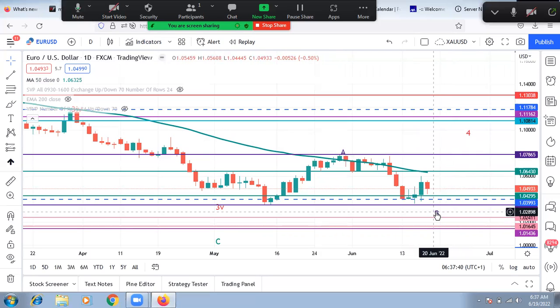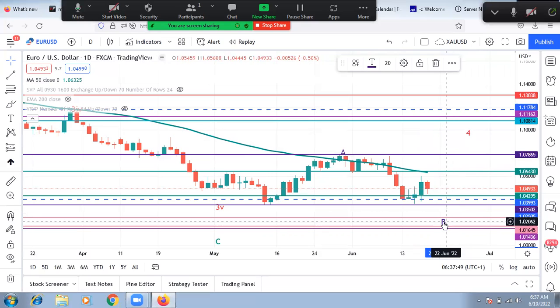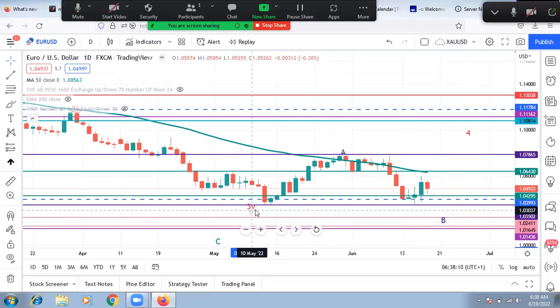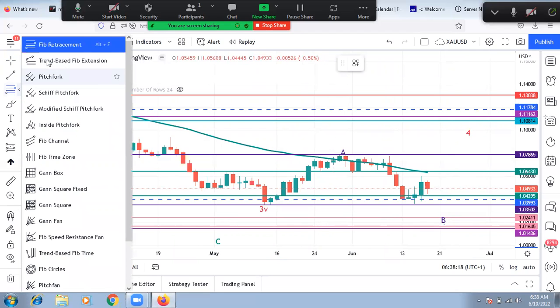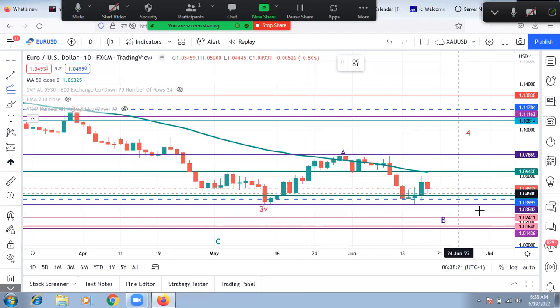And when that happens, something will change. Once that happens, where the C leg will get to, for me, will start from here, either from here or from here. But let's consider this place as a new level of 3.5, because this will now be a new level of 3.5 and not this level anymore because wave B had run below it. In that kind of situation, our extension tools will come in handy for us to know where it's going to be. So it will now start from here,